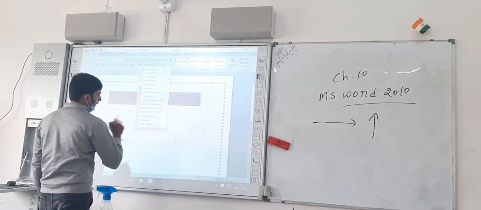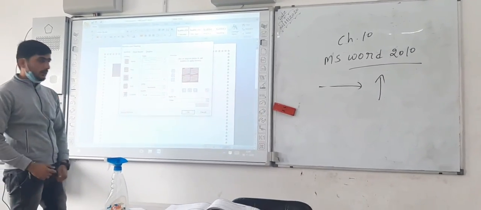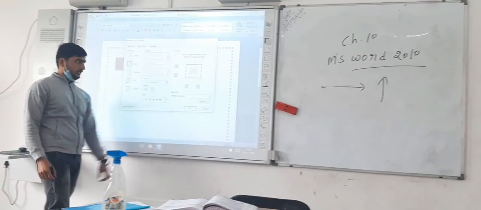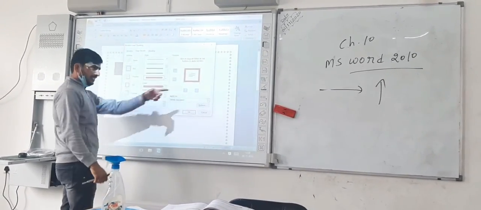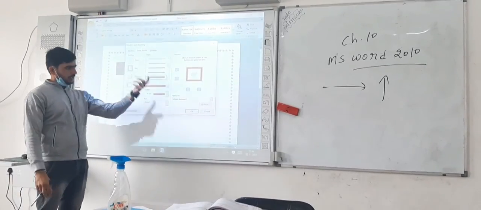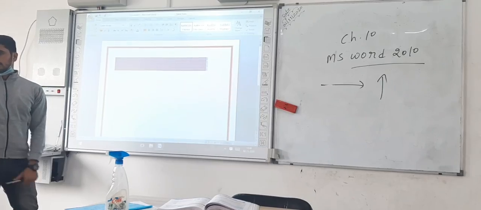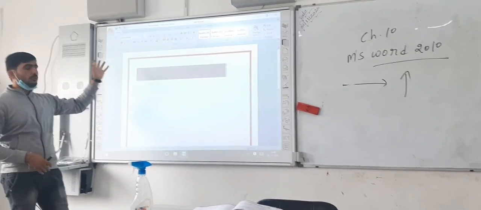Here we can go for the page border and shading. We have already put the stars in that. We can come to the page border. You will see that the area has been selected, and we want to change it. Stars are not looking good. I need to just change it. Then you will see that the line will change. No need to delete, no need to add something. Only you can change it.